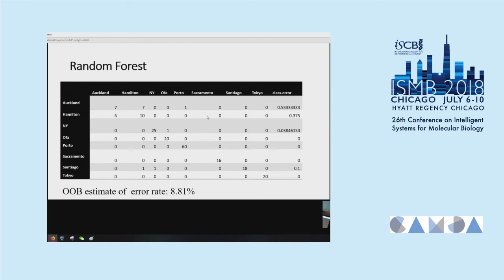So the main source of error here, we can see, is Auckland and Hamilton, which, as you can see from the t-SNE plot and also in those stacked bar plots I showed you, their profiles are generally quite similar, although not completely identical. Pretty much every other sample is classified as it should be. So there's just a class error for Auckland and Hamilton. The samples were evenly split between Auckland and Hamilton, and that was almost the same for both cities.